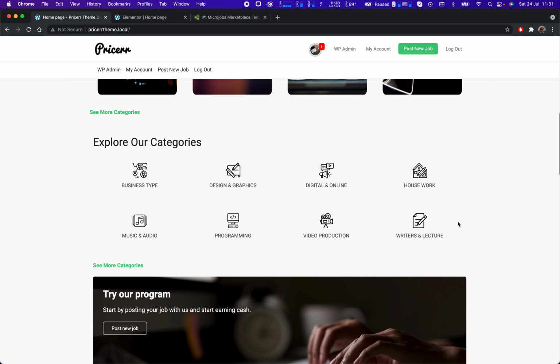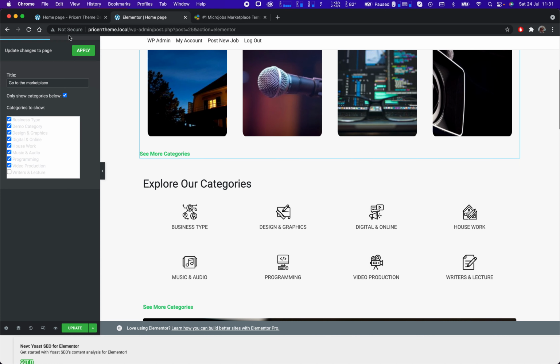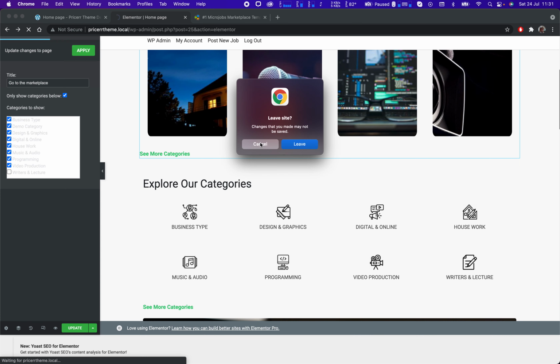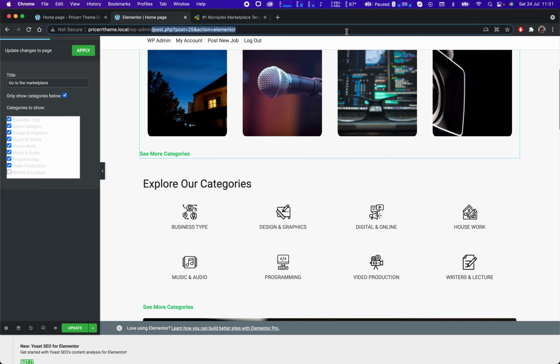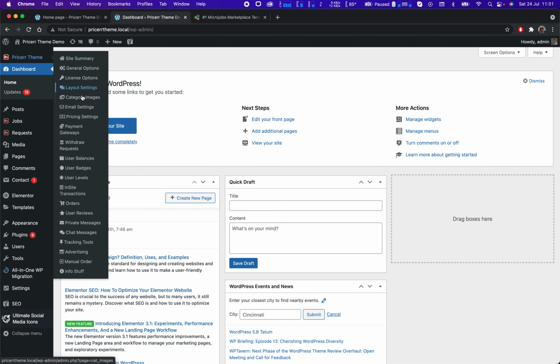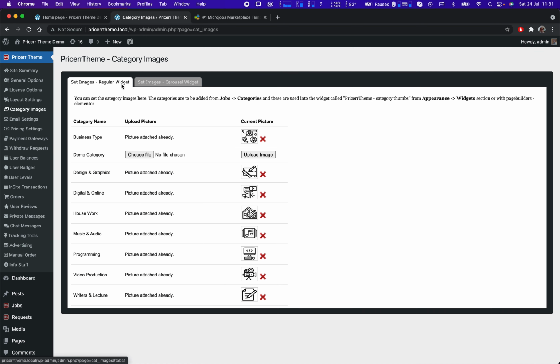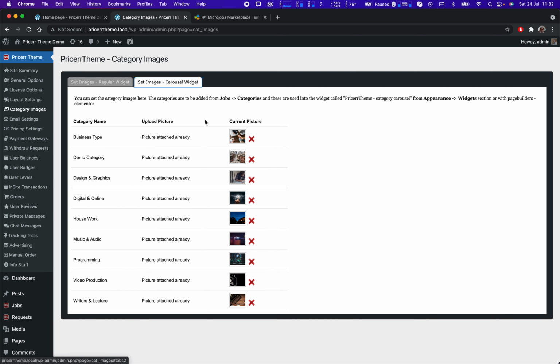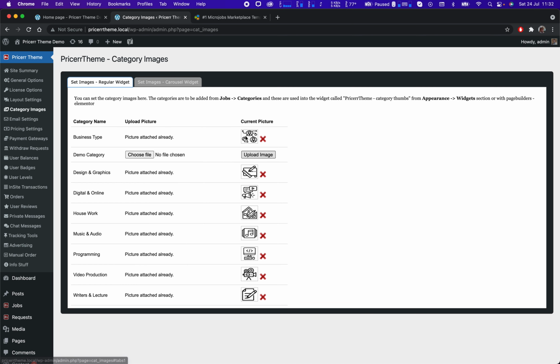The same thing goes for the icon widget here. Only thing you need to do is go back to the admin side. You control the icons from this section. So this is the regular widget and this is the image widget. This is for icons,